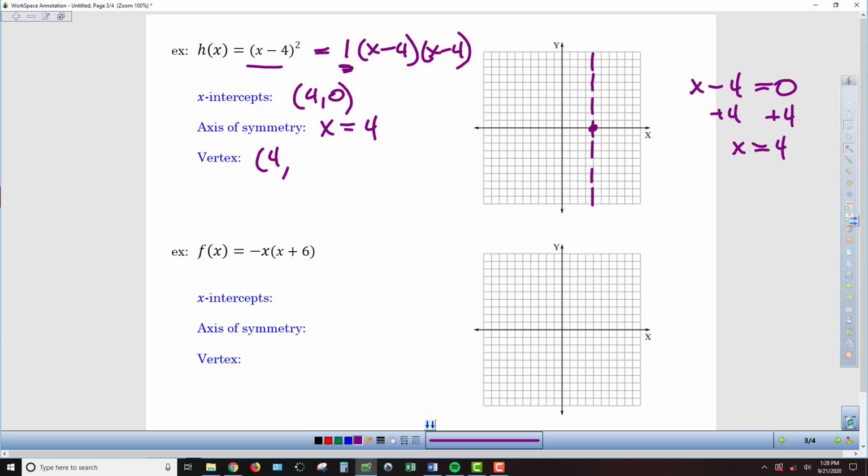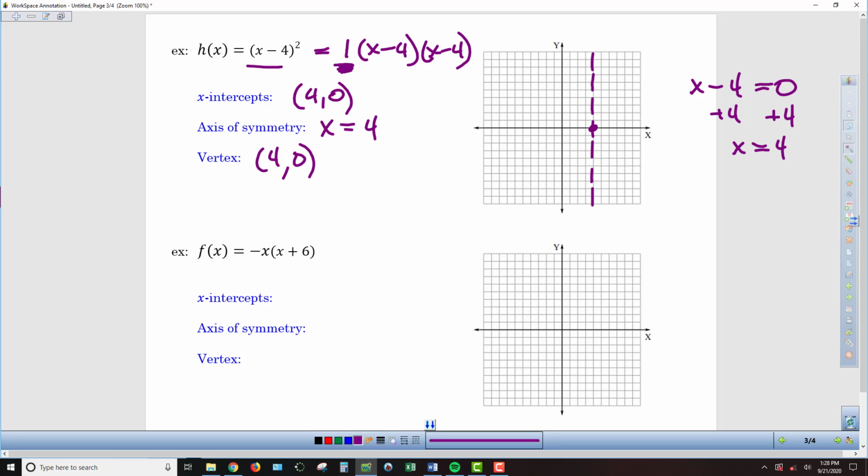And now I just have to find what the y-coordinate is. Well, I can see it right there. It's 0. So without even having to plug it in, I know what my vertex is. The problem here is I don't have any additional information besides just that one single point. I need to go to the a value out in front, a being 1, meaning that there's no reflection,